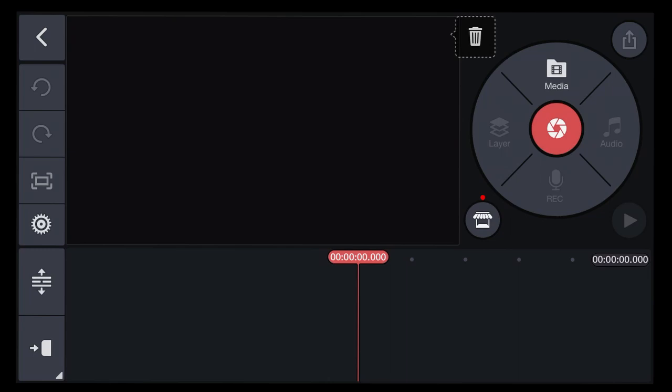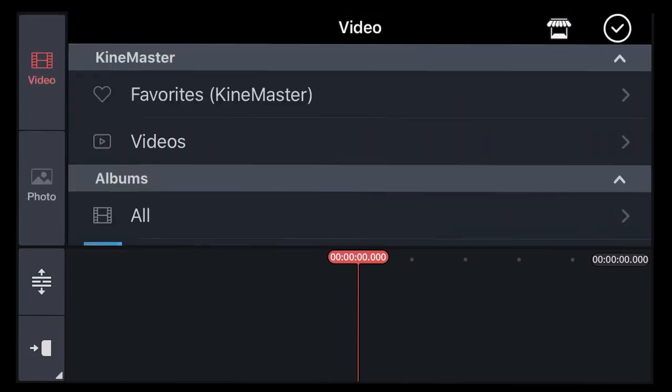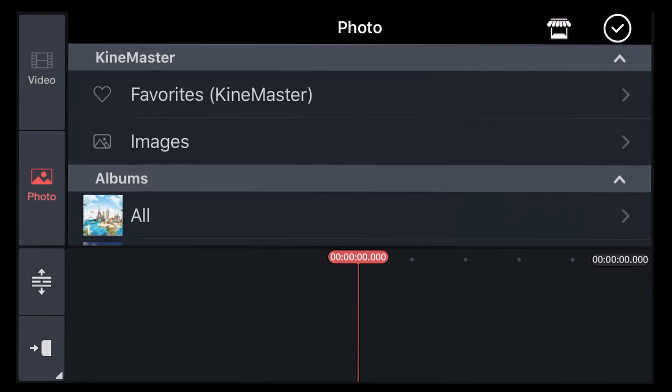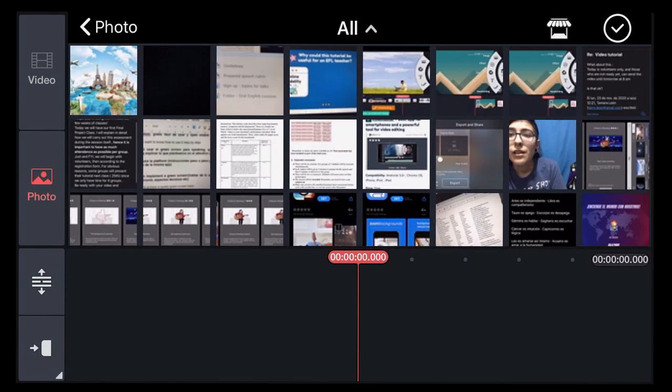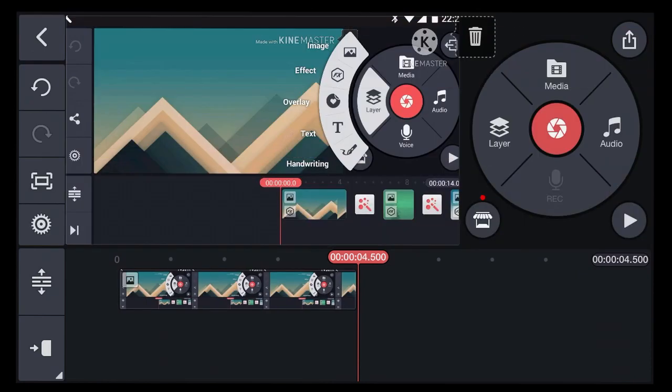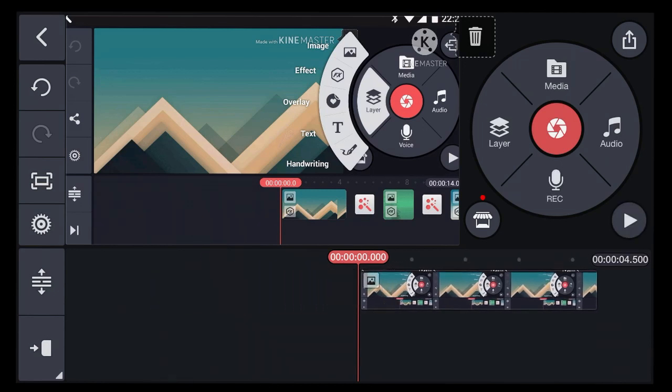Now, on the right side of the screen, you will see a circle with 4 buttons. Press Media, and here you will select your background. It can be a video, a photo, or any of both from the app. In this case, I will select this one, the ticket, when you already select the picture. Now, you move it at the beginning of the